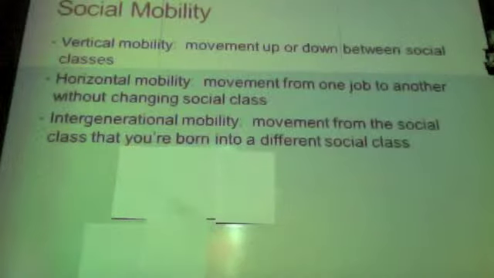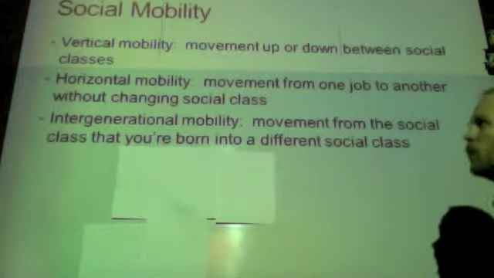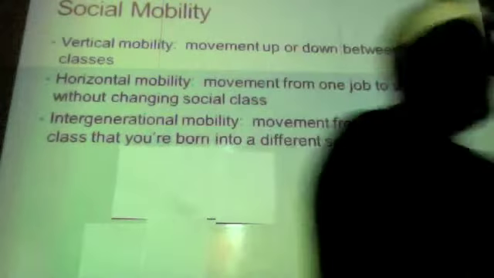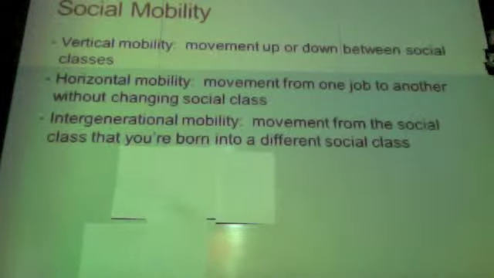Now, speaking of social mobility, we were just talking about the lack of social mobility in American society. There are three types of social mobility we look at: vertical mobility, horizontal mobility, and intergenerational mobility. Vertical mobility we'll start with. That's the one we most commonly talk about. Vertical mobility is when you move up or down between social classes. That means you go from being wealthy to being middle class, or from being poor to being middle class, or from middle class to poor. It is switching vertically, going up or down the social ladder,